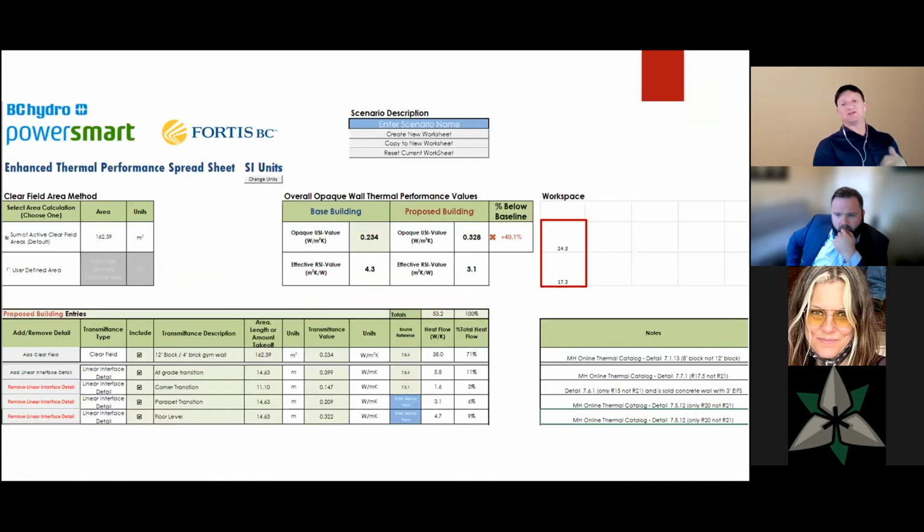So if I use the details that are currently available to us from this Morrison-Hershfield online catalog, they don't have 12-inch block, they only have 8, but I put in all those numbers and I get something like, and they don't have a block wall with brick veneer on knife plates at grade. So I put in these values and I get down to R17.3, which is still about R1.2 greater than is